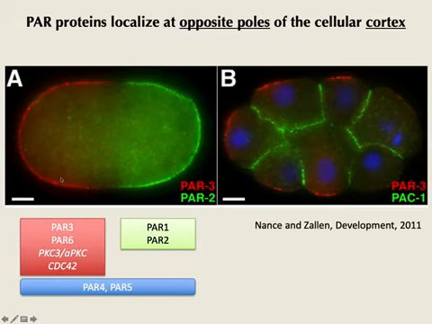Now, if I try to engage you again, what do you think could be happening? When you want to distinguish 2 different sides and keep them apart, like left and right, front and back, Republicans and Democrats, what do they have to do? They have to fight. And that's what we're going to see here, that these asymmetries involve a lot of antagonistic activities between the 2 sides. And I highlighted the kinase because this is going to have a major role to play.